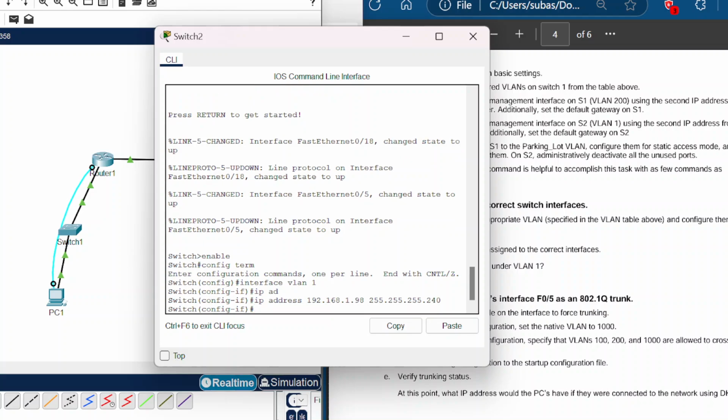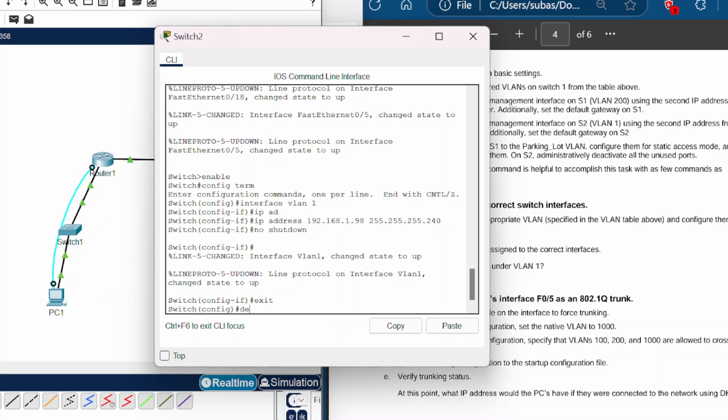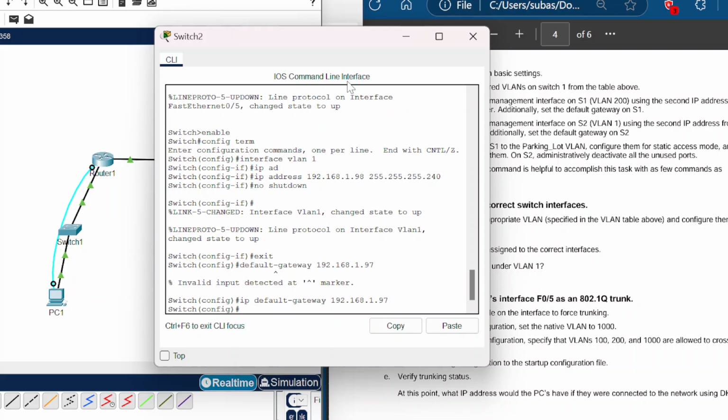Alright, then you can do no shutdown, and exit out of it, and then default gateway 192.168.1.97. Again, what's wrong here? IP. Okay, now D,